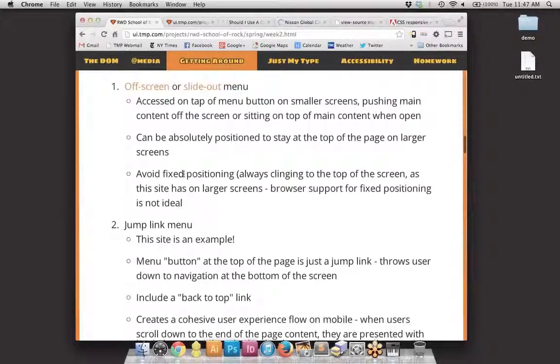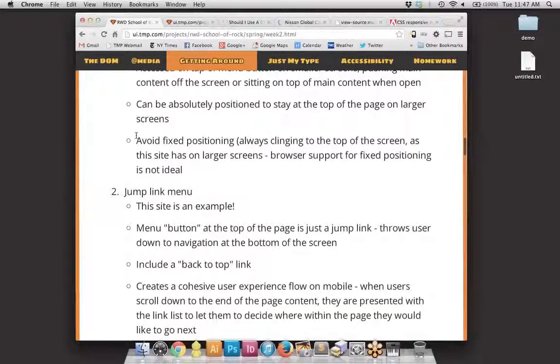A note on these kind of menus, fixed positioning is, I say avoid it. Phones are becoming better about supporting it, because a lot of the issue with fixed positioning is when you get to a smaller screen or a phone, sometimes it won't stick exactly where you want it, or when you scroll, it'll kind of stick in the middle or in a weird place. So fixed positioning is something you kind of want to do on a case-by-case basis. Talk with the developer, maybe build some quick proof of concepts